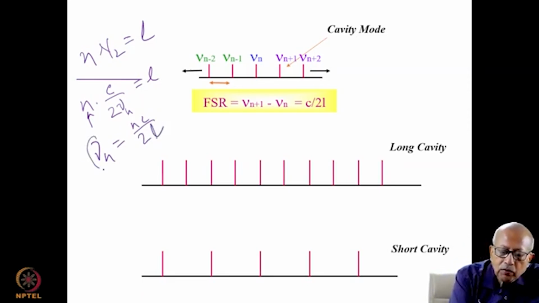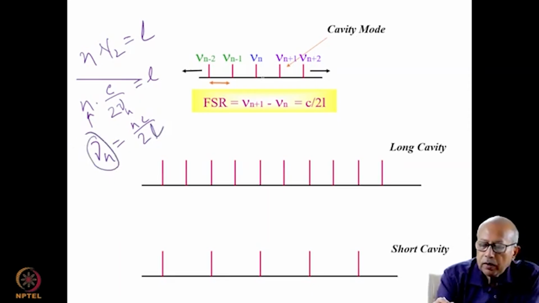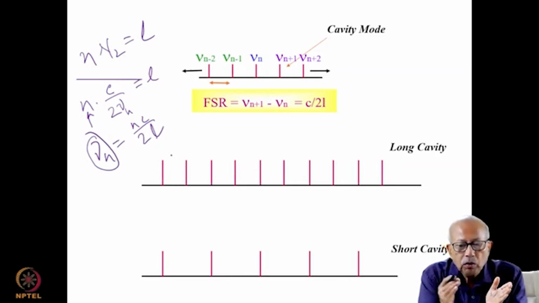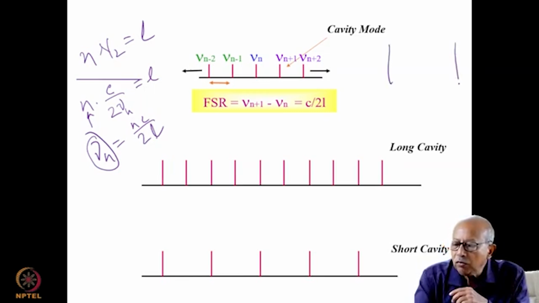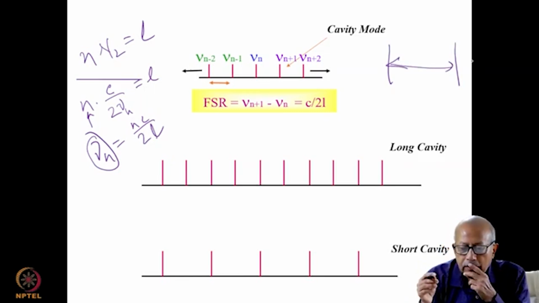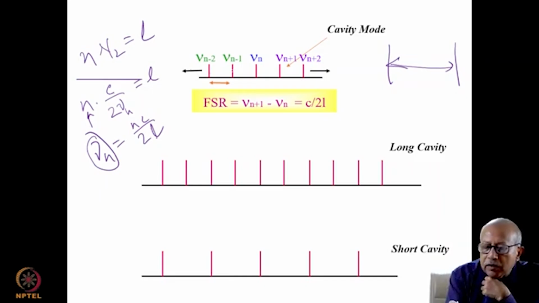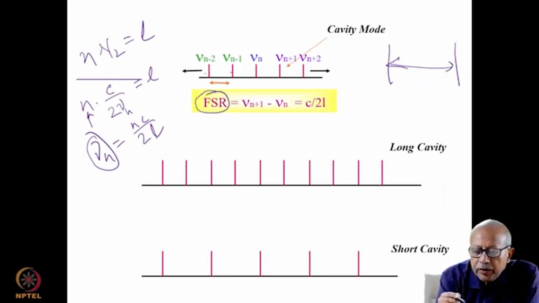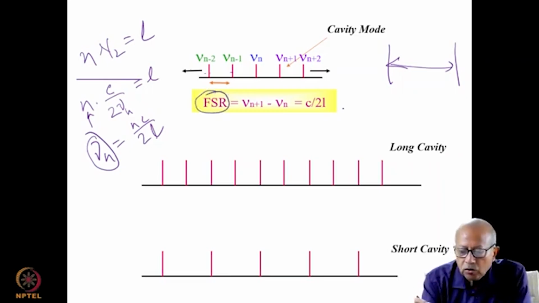These discrete frequencies, nu 1, nu 2, nu 3, nu 4, and so on, are called cavity modes, which can oscillate back and forth inside the cavity without decay. And the spacing between two adjacent cavity modes is called the free spectral range of the cavity, and it can be easily shown to be